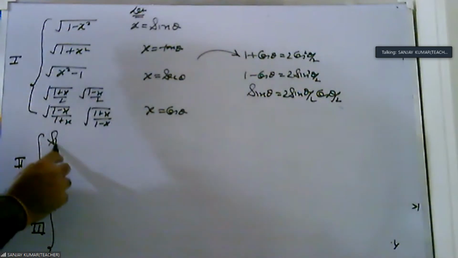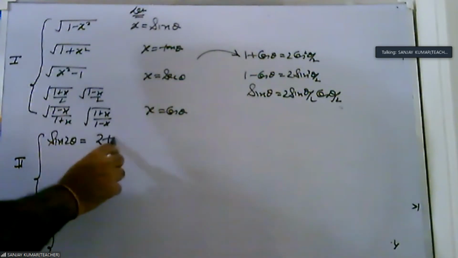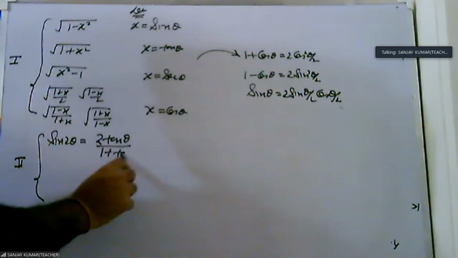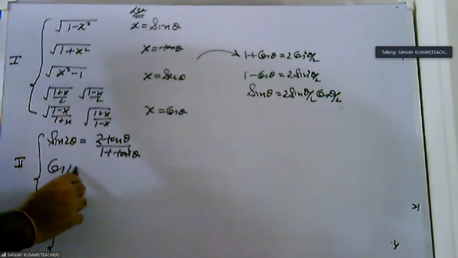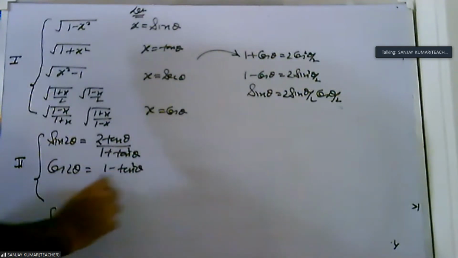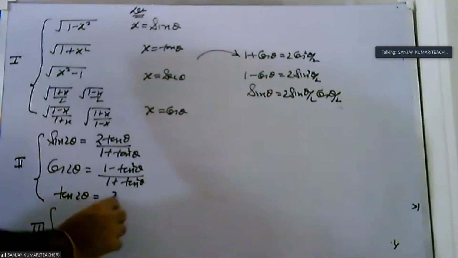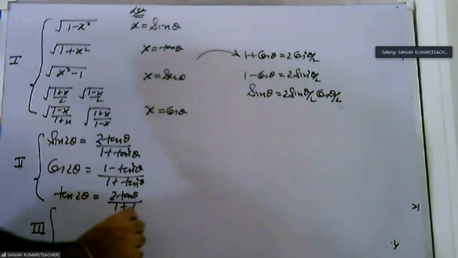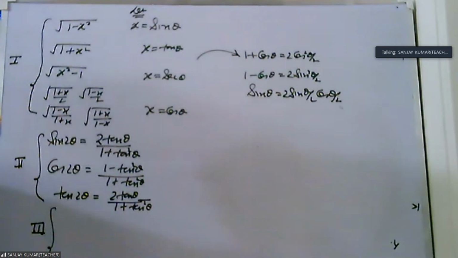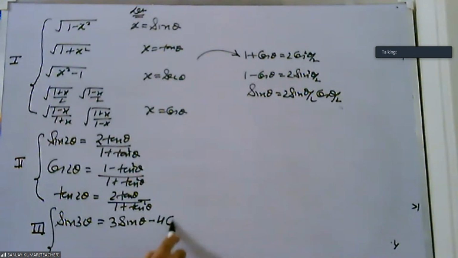The second type of substitution is this: 2 tan theta upon 1 plus tan square theta. Please take the screenshot of this and send in the groups. ठीक है. और you copy down this. So दो बच्चे class miss करते हैं, they have a problem because this is not given in any book. How do we use this table for the type 4? We again मैं आपको explain करूंगा how we use this table. But first of all, you copy this question. Okay, you copy down. Please copy down. ये copy करो.